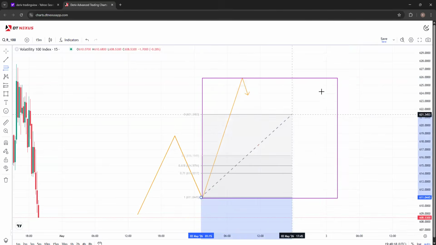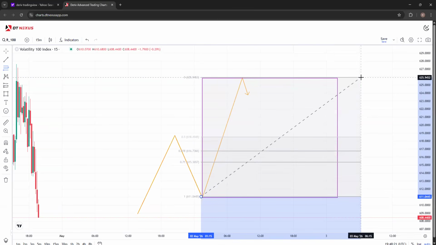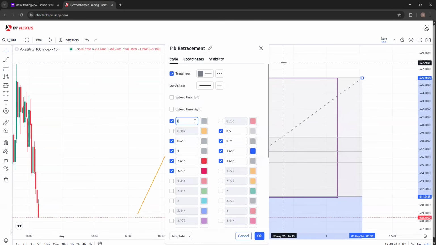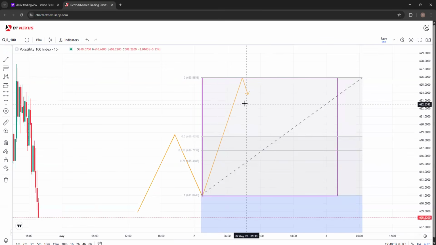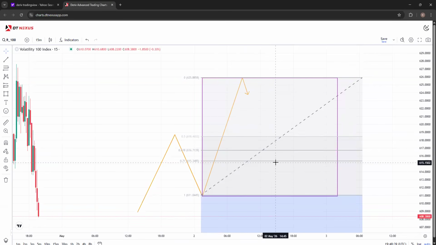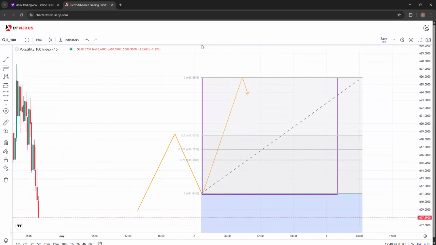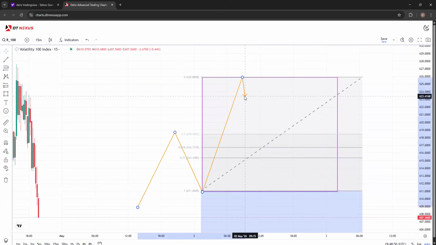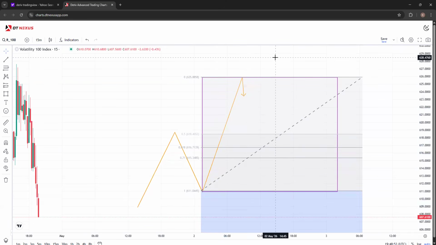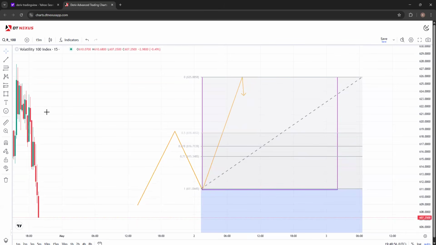So you touch your low, then you touch the high. Now, as you've touched the low and you've touched the high, this 50% here that we see, the 0.5%, can also help you demarcate premium and discount. So as to say, anything that's above the 0.5 is premium, anything that's below the 0.5 is discount. Now, I want you to listen to this. Since we just started doing entries, I just started teaching you about entries. When you see this, at the end of the day, you want your